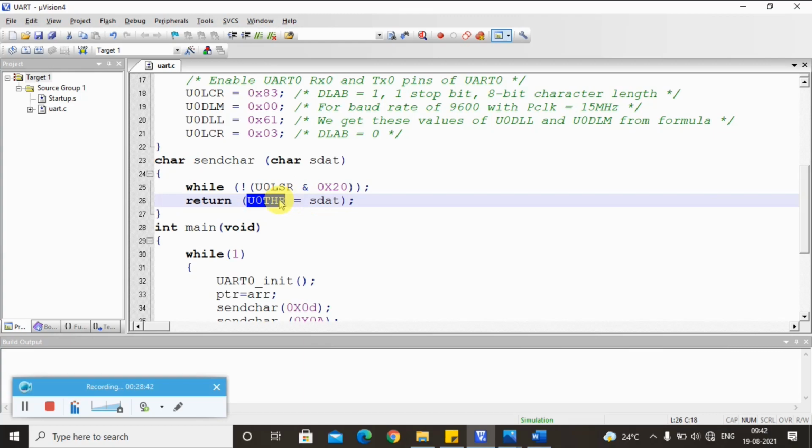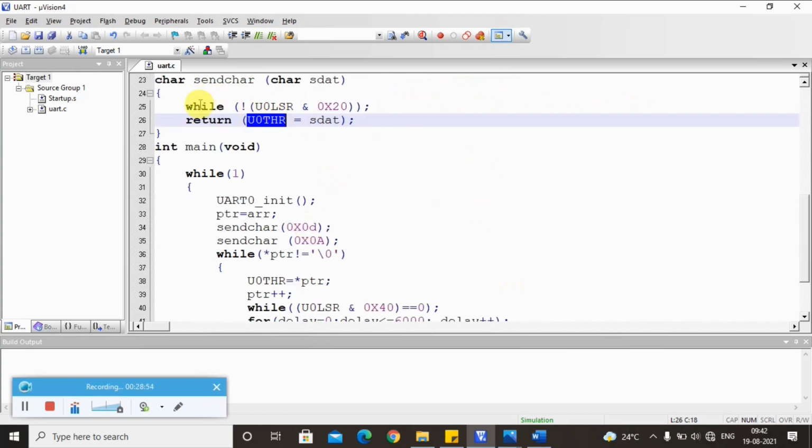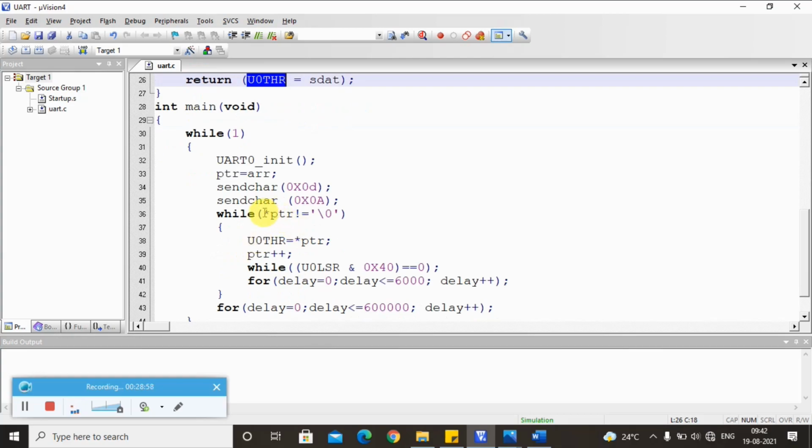Once THR is holding the data, it will be holding the ASCII code of that value. Then from there it will go to the shift register, serially bit by bit the data is getting transferred. This is how it works. Okay, so those 2 lines we have written in this particular function, and similarly the pointer is going to point to the very next element until it reaches the last element.